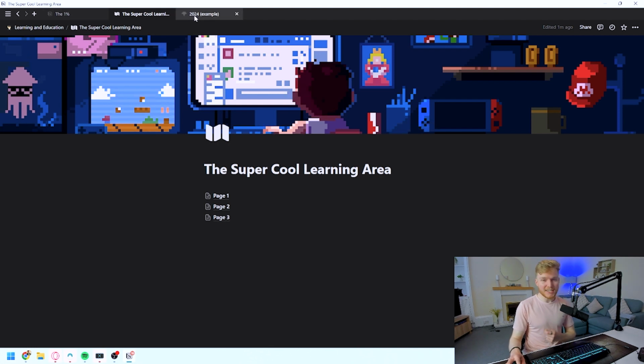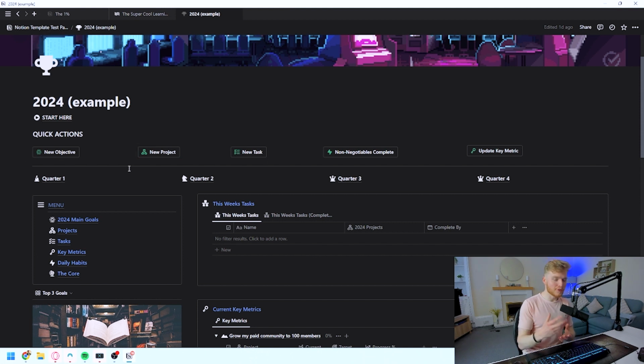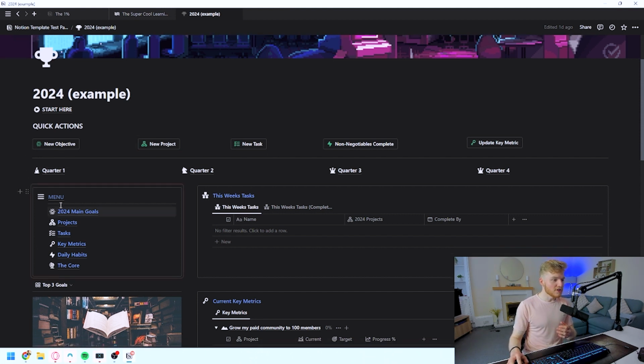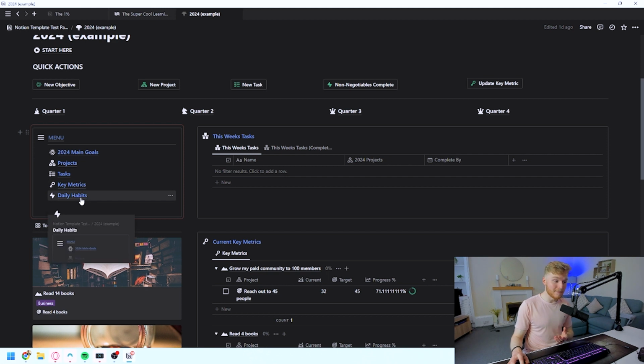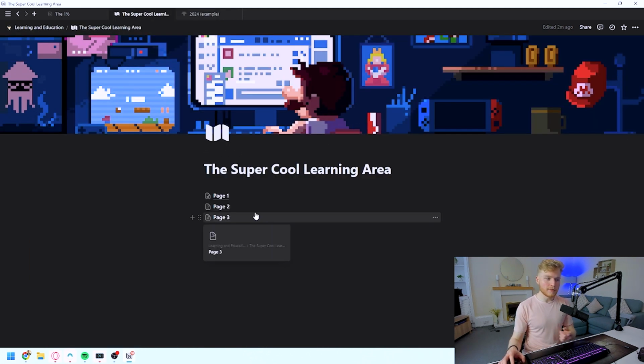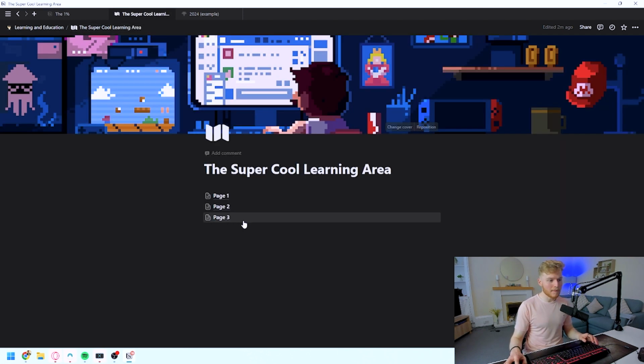But instead, we can use this cool feature using the synced blocks. So if I come in here to the 2024 planner, for example, you can see I've got the menu of items. Now, I have different areas within this page itself. I have the main goals I'm wanting to reach, the projects, the tasks, the key metrics, the daily habits, and more. So if I were using the normal way that we would do it, I would have to come into page 1, write everything I would need to know,